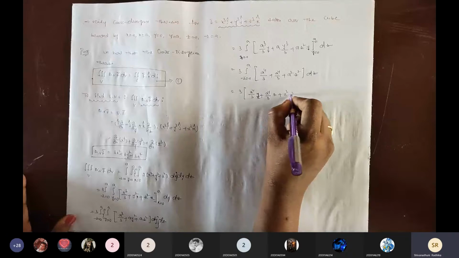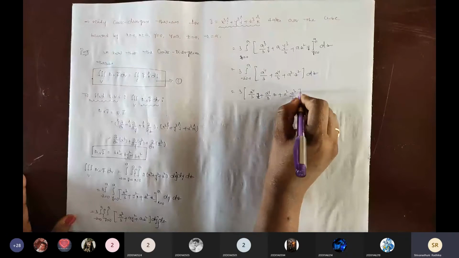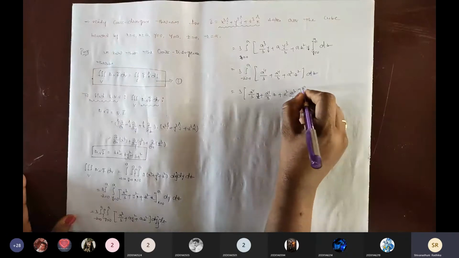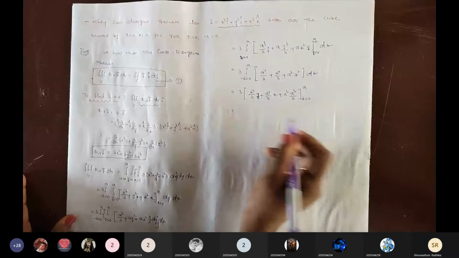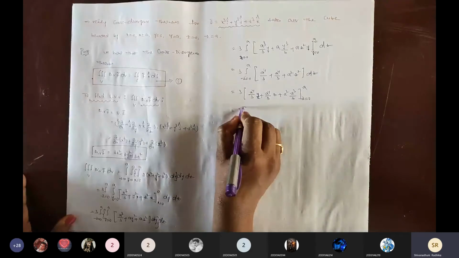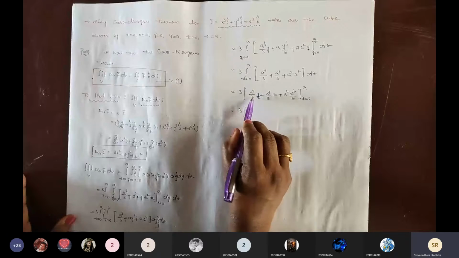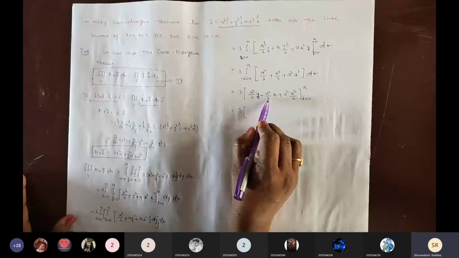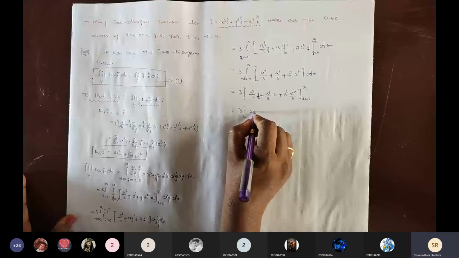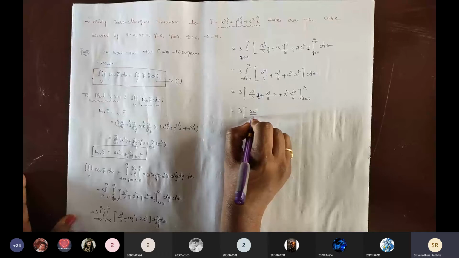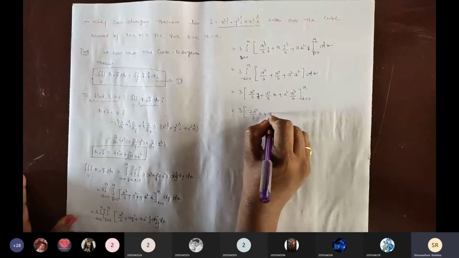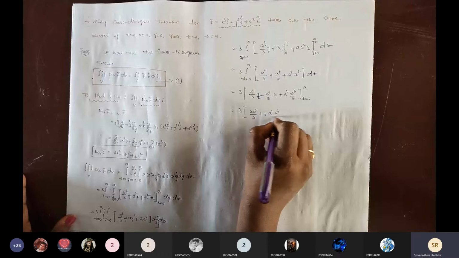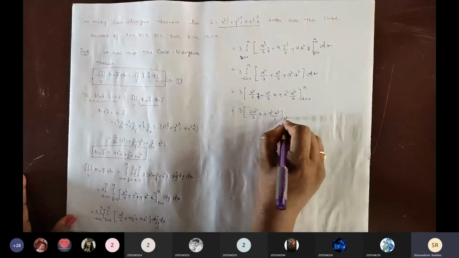Z square integration is z cube by 3, and the limits are z equals 0 to a. First of all simplify: a power 4 by 3 z plus a power 4 by 3 z, so that is 2a power 4 by 3 z plus a square z cube by 3, and z equals